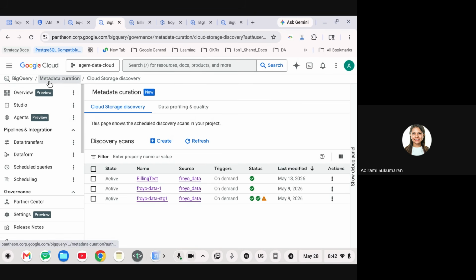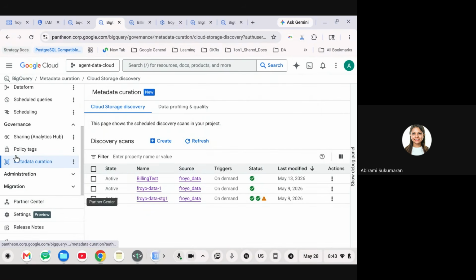In BigQuery, you have something called metadata curation. This is the feature that's part of BigQuery that performs curation of everything that's there in the source data that you want to analyze. So go to metadata curation. If you're wondering where to find it, you will go to BigQuery, and you will find metadata curation right here in the governance module. Once you click metadata curation, it will open on the right-hand panel like this, as you can see on my screen. I already have 3 scan jobs created, but I'm going to show you how to create one